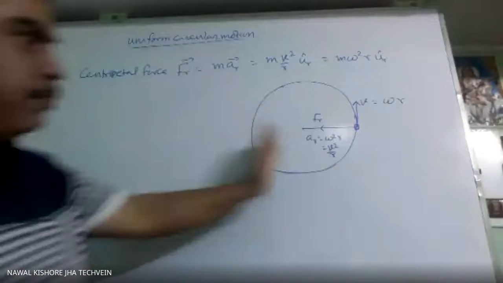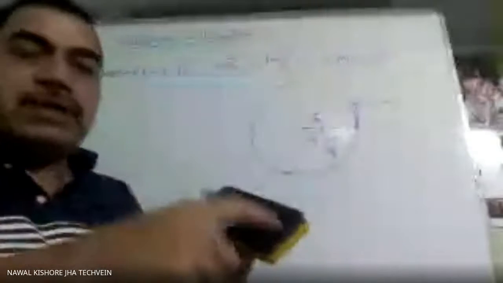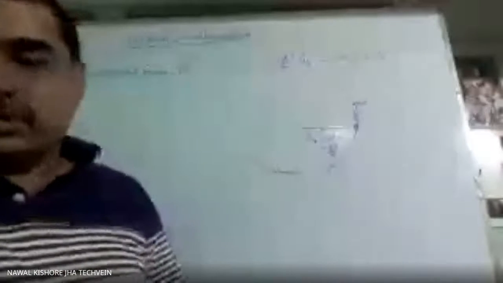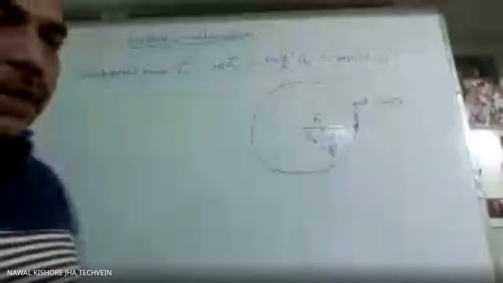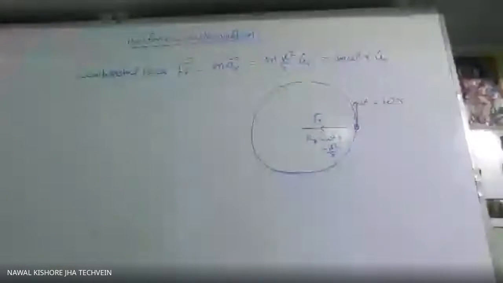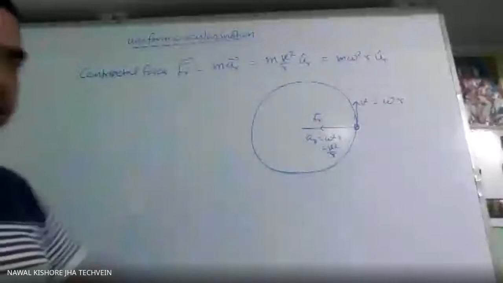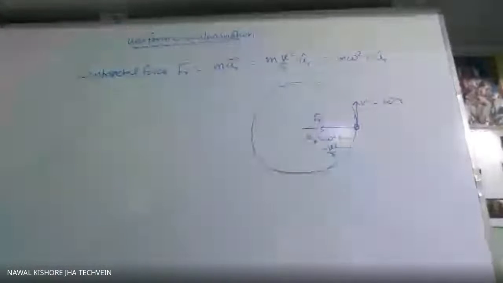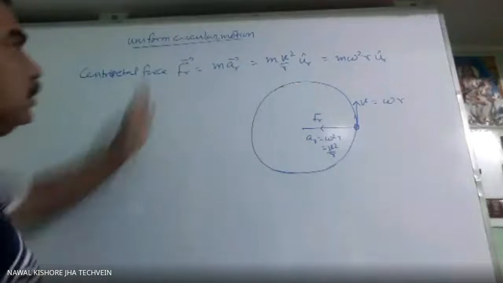If different particles are moving, suppose when we discuss rotational motion like this, if it is rotating, then this particle and this particle, different particles, are moving in different circles. So in that case, R will be different. But omega will be the same, as all the particles will complete the rotation in the same time. Okay, so this is this much.